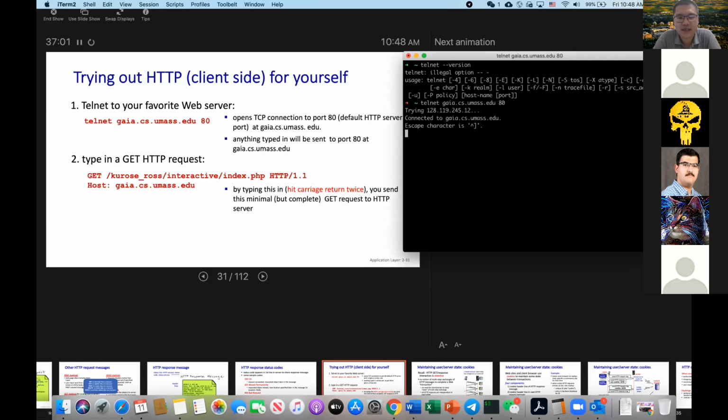And you can see here trying to access the IP here and the port here, connected to this HTTP server. That means we have already established the connection, right? And after that, I need to get something, right?